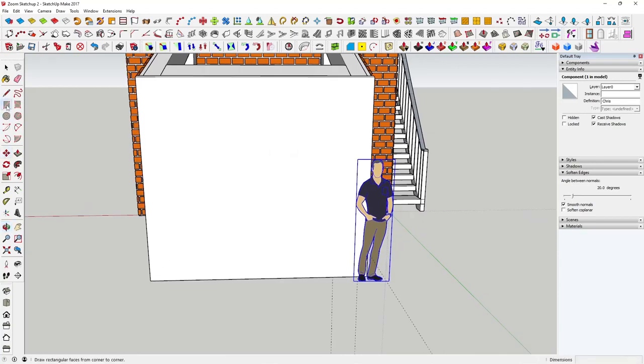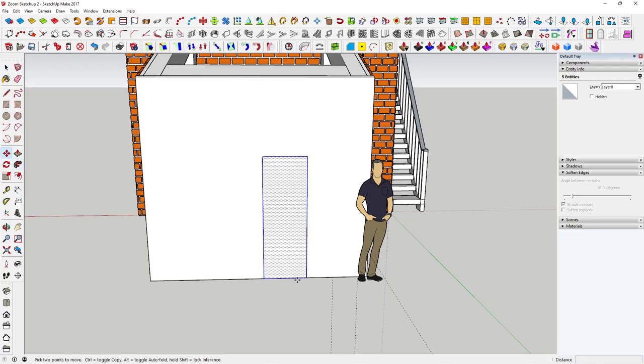So we'll have a rectangle tool, find the midpoint, and we'll go up 0.7, comma, we'll go 2. Yeah, that's about right. Double click,